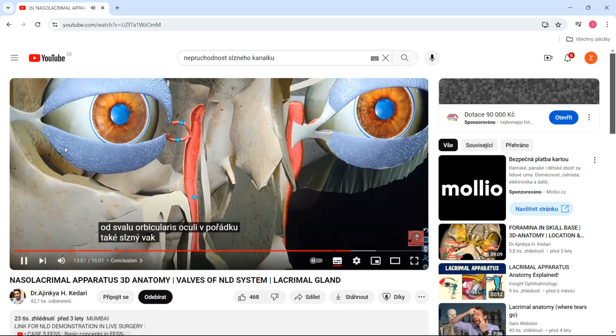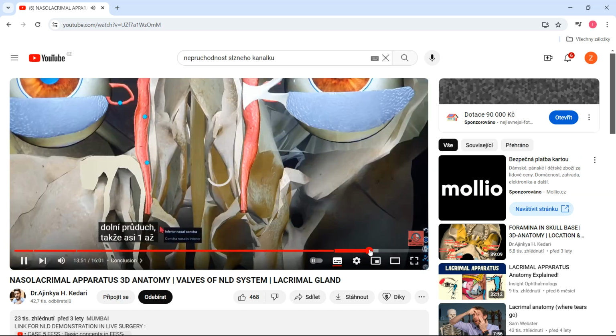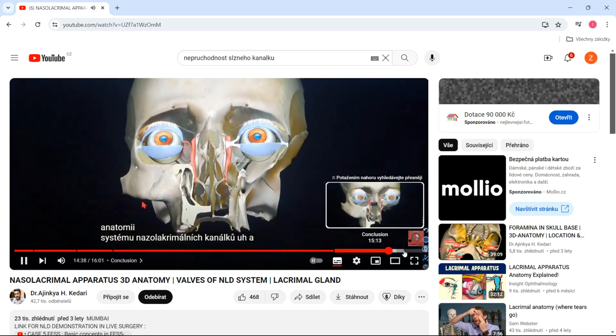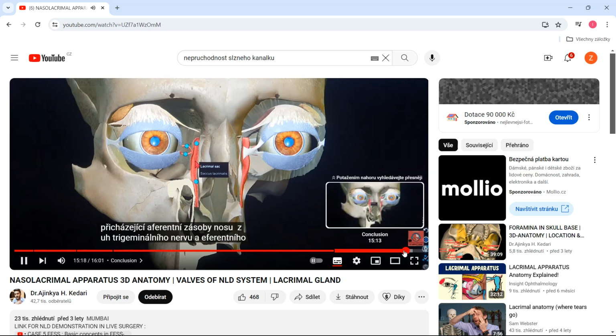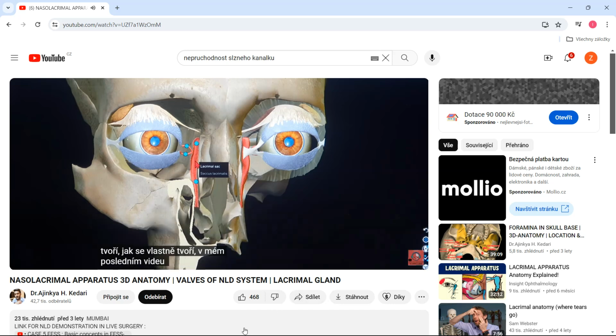Okay, also the lacrimal sac over here, as you can see, is 0.5 centimeters posterior to the anterior end of the inferior turbinate at the roof of the nasolacrimal duct system, and the afferent nerve supply is coming from the trigeminal nerve, and the efferent supply is from the facial nerve. The facial nerve is formed actually, in my last video as well, I've told you about the union of the deep petrosal and the greater superficial petrosal nerve. So the blink reflex, the afferent nerve supply is coming from the trigeminal nerve, and the efferent supply is from